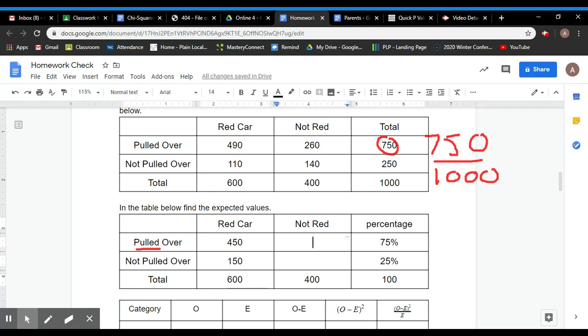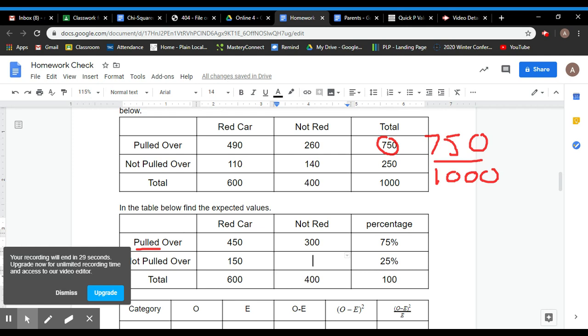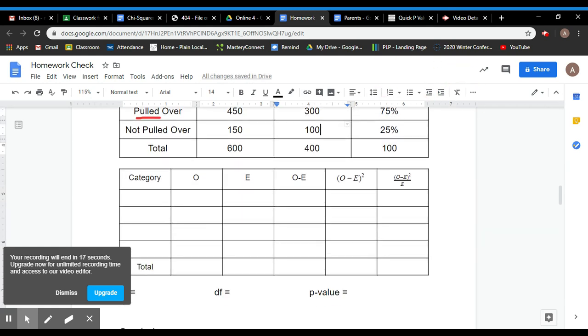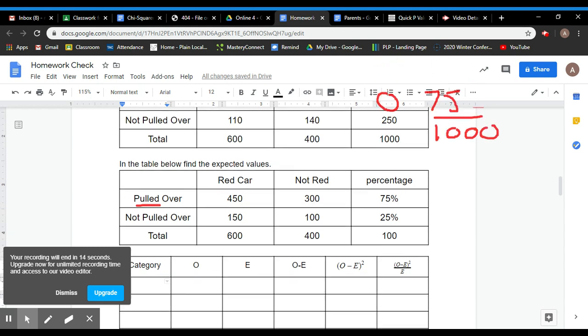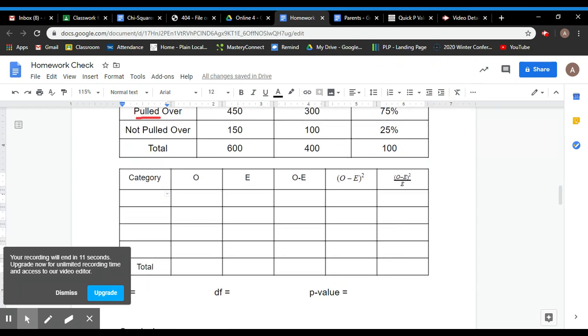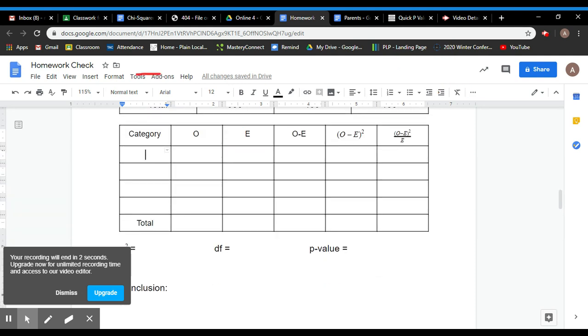If you wanted not red cars that were pulled over, you would take 75% of 400. So 0.75 times 400 is 300. And lastly, not red cars that were not pulled over, 25% of 400. So 0.25 times 400, which is 100. These are all of my expected values. And now all that's left is to fill out your table. So I'll probably do most of the table off camera just to save a little bit of time. But that is the last thing you would do for this problem. You just fill out the table and then find your